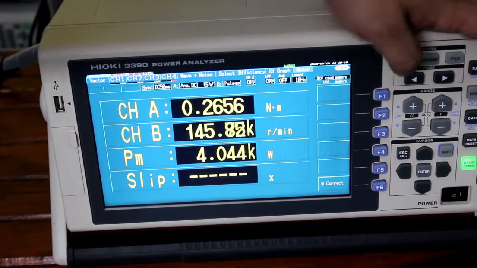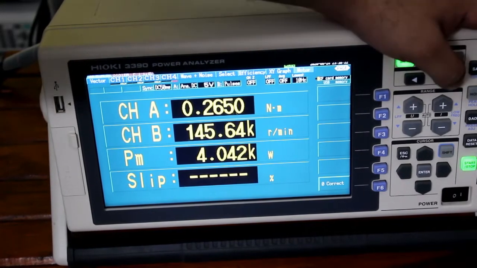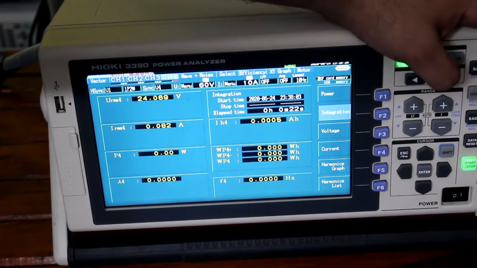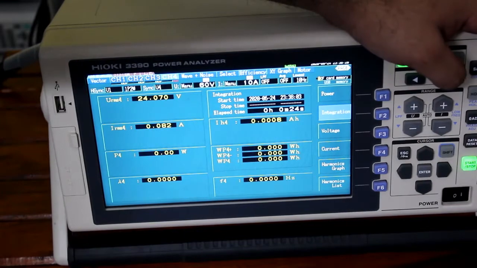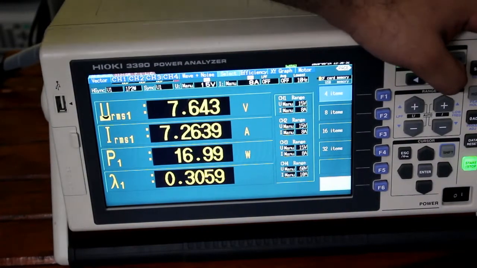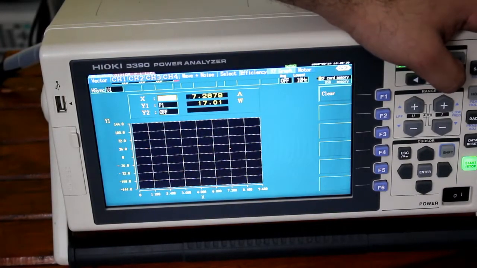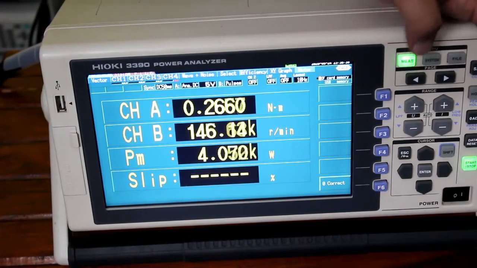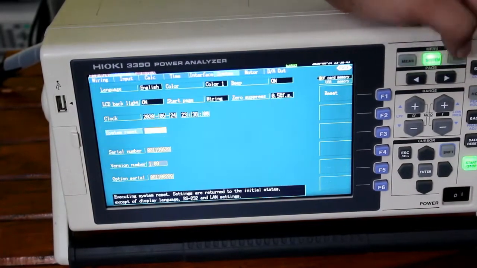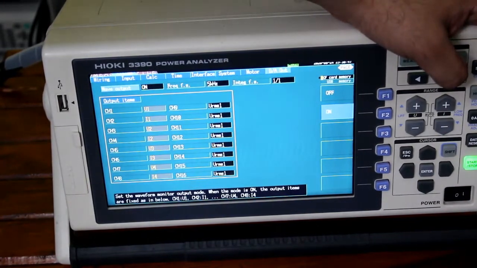By the measurement you will be able to see all these pages. Vector, the phase wise voltage and all the parameters can be seen here, waveform plus noise. Then the selectable parameters you can see, efficiency calculations, XY plot and motor. So this is being done by measure. System is being used for the system setting. You just need to press the page key and you can do all the settings here.